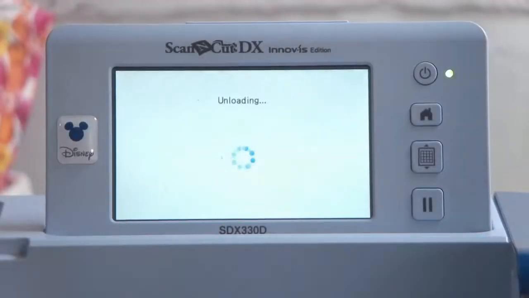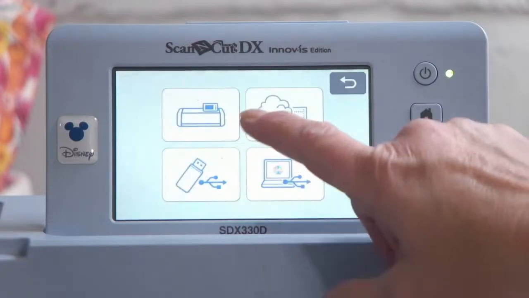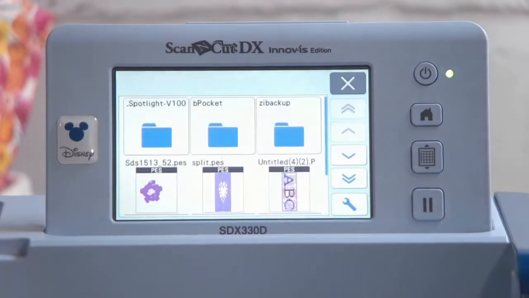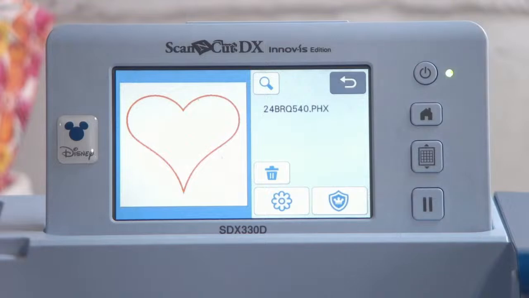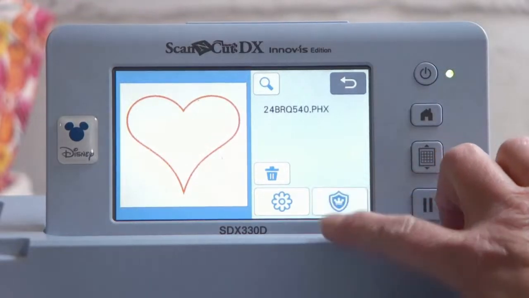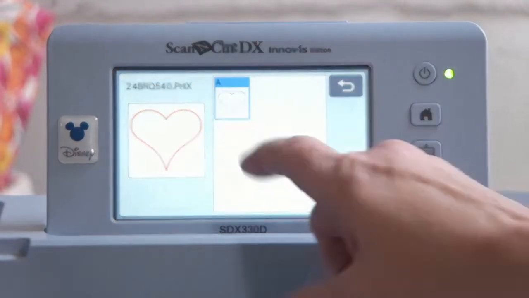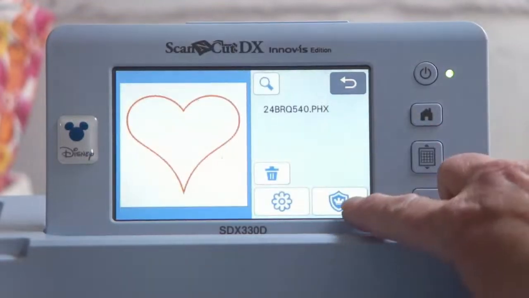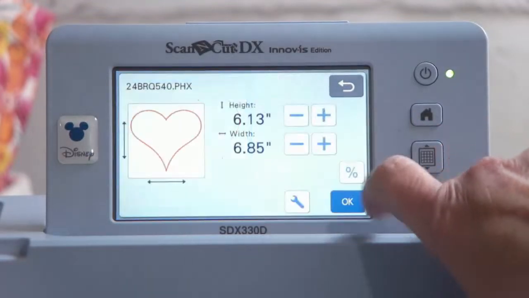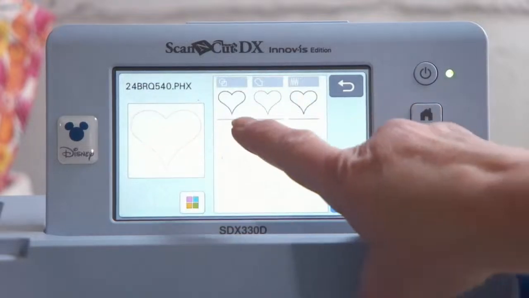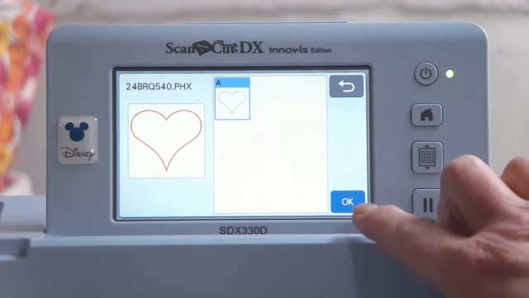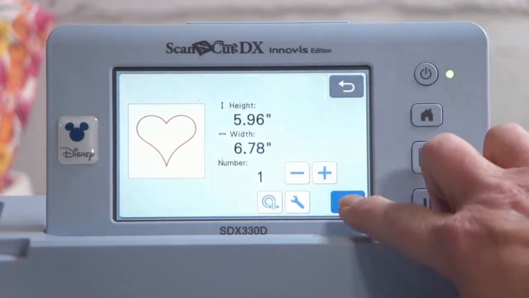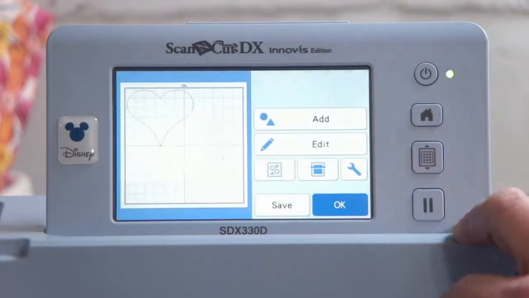Retrieve data from the USB stick, and we're going into the B pocket. And this is if you don't have a Luminaire or Stellaire that's connected via wireless. This is the only reason I go this route. But there's your file. And I selected this one because we color coded it. If we choose this one, all of the colors that are in there will come out. And that's not what we want. We want to choose the one that's applique data because that will give us the actual size that it is. And you can touch set at that point.